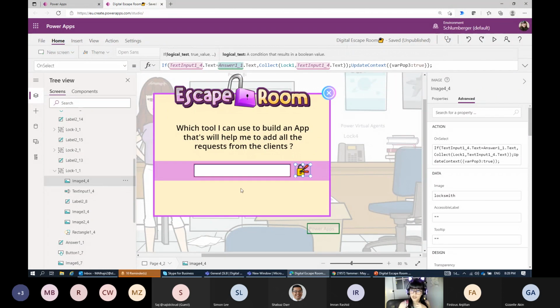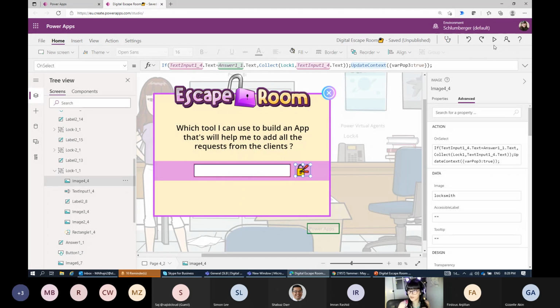First, I will collect the answer that I have here and add it to my collection. Also, I will set the other context variable to true. It means that after the user enters their answer and clicks here, if it's correct, we are collecting their answer. If it's wrong, we are not collecting their answer.